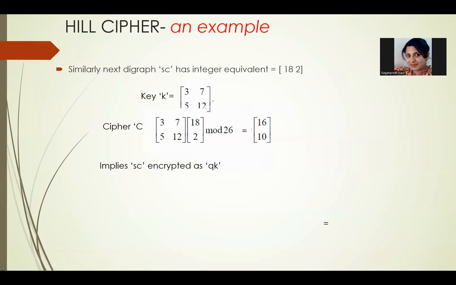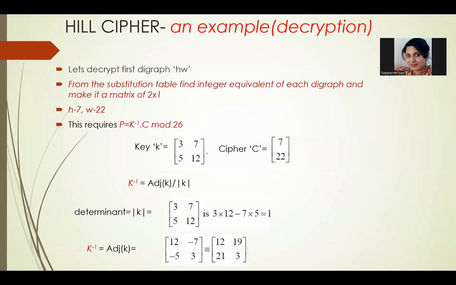So now it is pretty simple, yes. So now start with decryption. So now we have the encrypted value, that is HW. I have the encrypted message. I want to get the plain text. This is the role of the decryption. So I'll take again the integer equivalents of this. H has 7 and W is 22.